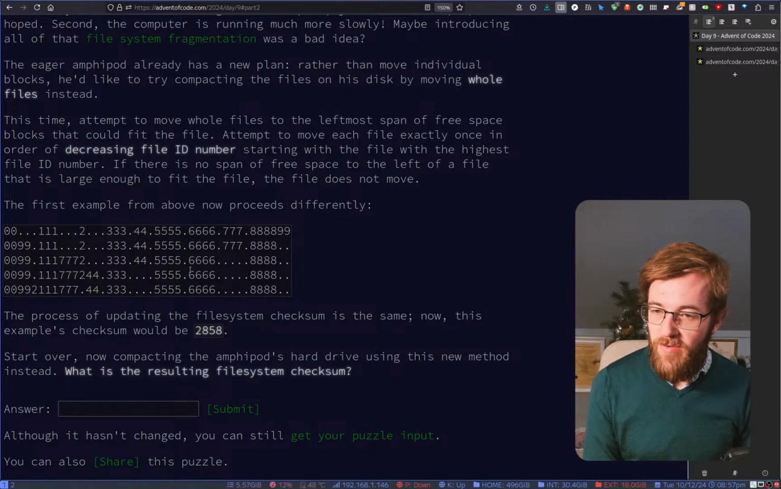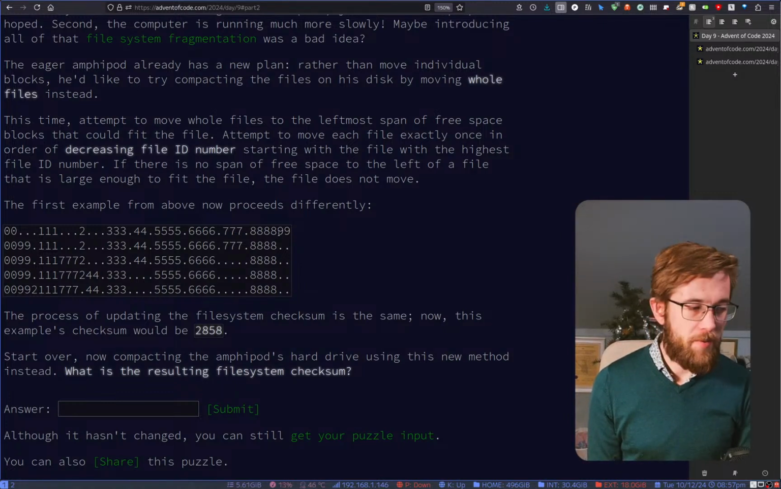So yeah, they're only ever moving to the left. So if we start at the right, to the right,